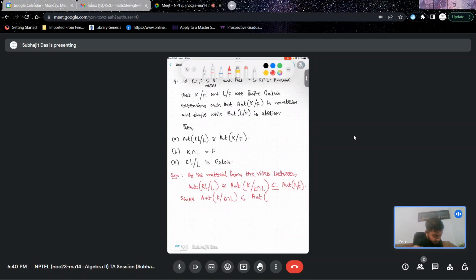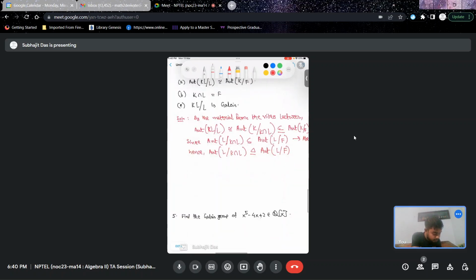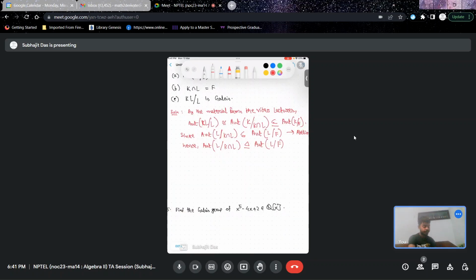Okay, so I'll just write this: since Aut L over K intersection L is a subgroup of Aut L over F, which is given to be abelian, hence Aut L over K intersection L is actually a normal subgroup of Aut L over F, right? This we know, and as a result we also know, so I'll just write why we know this. This implies by the fundamental theorem